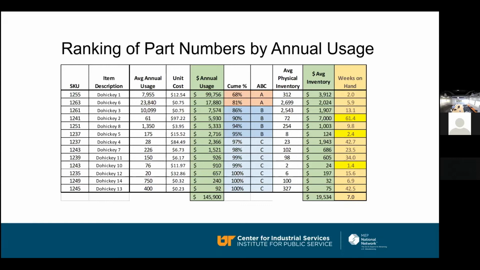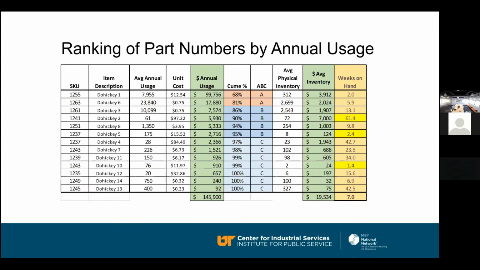And the C items, hey, that's only 5% of your inventory value. I don't want to run out. I want to always have it, but I don't want to manage it very closely. Okay, I just don't really care that much about it as long as it's there. And then based on the annual usage and the inventory that you have, you can determine your weeks on hand. And again, I've got that in the formula. I'll show that to you. If you prefer inventory turns, I'll give that to you as well. Doesn't matter, as long as we see how the inventory is turning.